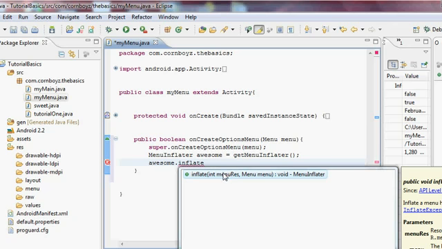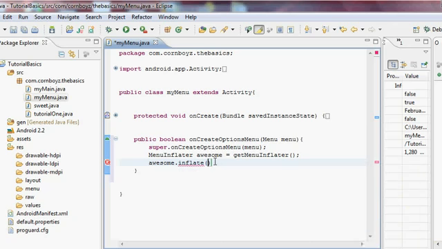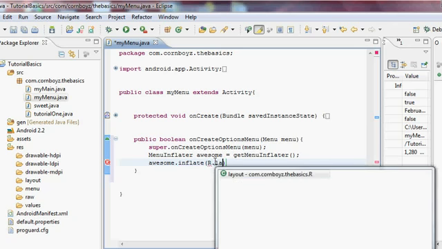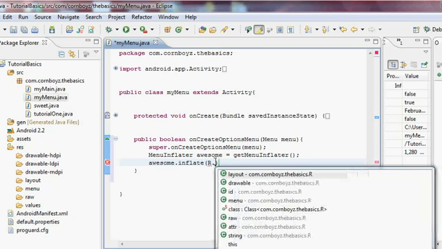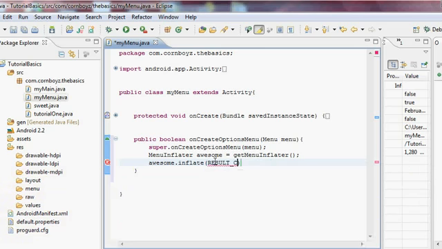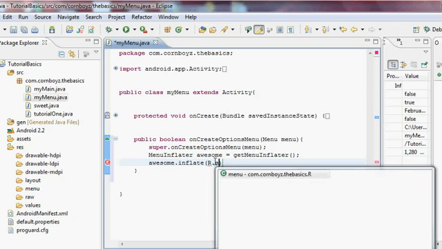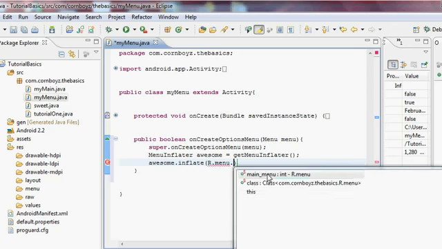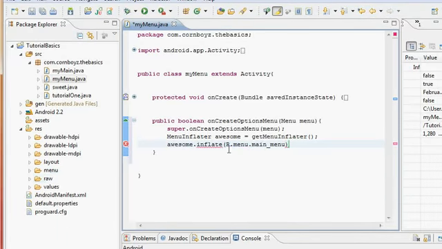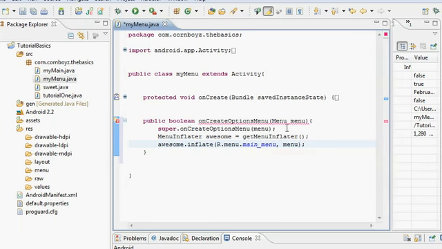And for this, we reference it with R dot, not layout, I'm sorry, R dot, third time's a charm, R dot menu dot main menu, because it's referencing it through this menu folder. Then we hit comma and menu, so it's that one right there. Now it's going to inflate this one when the hardware of the phone has clicked that menu button. All we have to do now is hit return